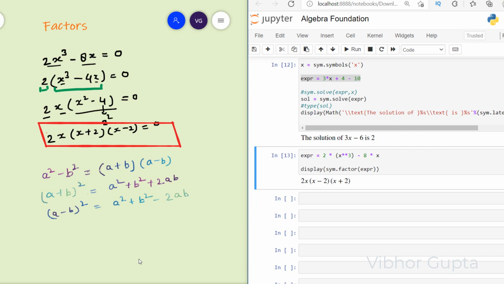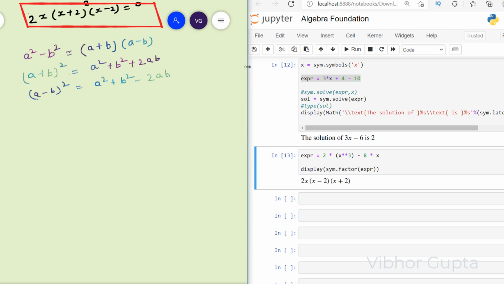Now let's say this time you have the factors and you want to expand them so that you can see the actual equation or the expression, right? So for example, let's say that you have two factors. One is x minus 7 and another one is, let's say, 4x plus 5. Now you want to expand it. So how can we expand it? So let's first multiply x with 4x and then with 5. So I'll say 4x square plus 5x and then minus 7 with this and then with this.